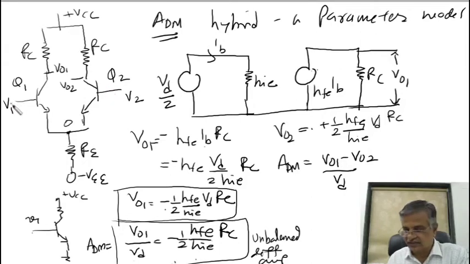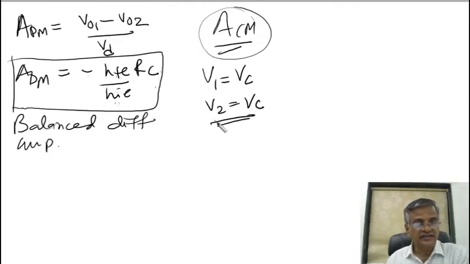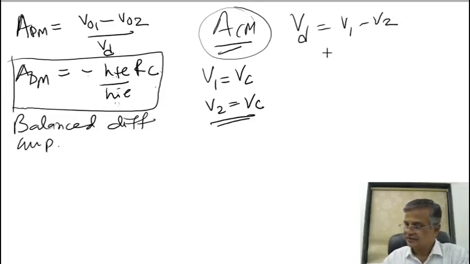I think you understand. If this is increased by 10 millivolt, at the same time this is increased by 10 millivolt. If this decreases by 5 millivolt, this also decreases by 5 millivolt. So now I am giving the voltage at base of both the transistors, what is it? Same Vc. So what is the differential, you can say? What is your differential voltage? This is V1 minus V2. So differential voltage is 0.